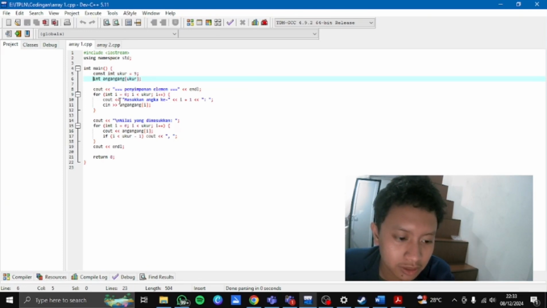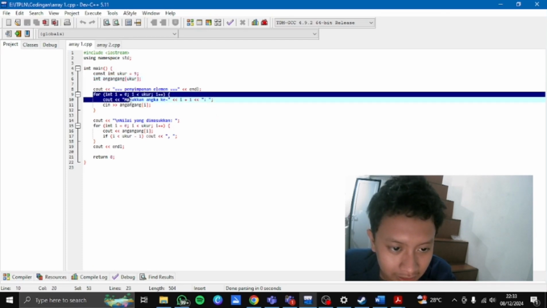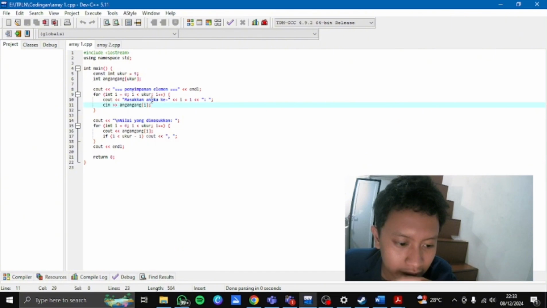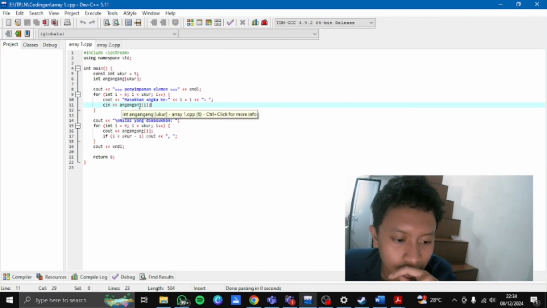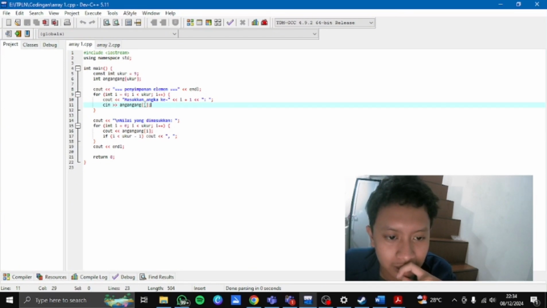Moving on to the second part, the input section. The cout displays the header to indicate the beginning of the input process. And in here, it's about the looping. A for loop that runs from e equals 0 to e equals 8, 9 iterations in total, to take the user's inputs. And the cin ang stores each number entered by the user into the array ang at index e.